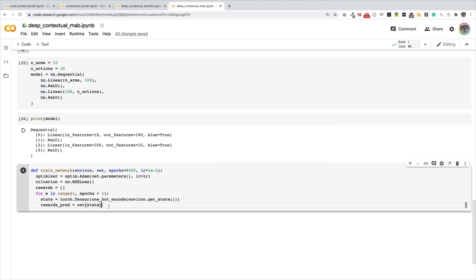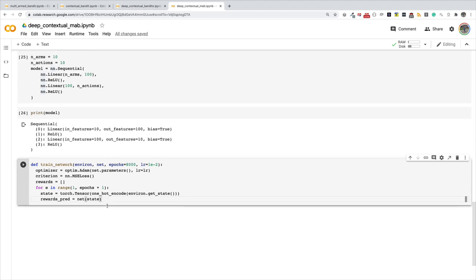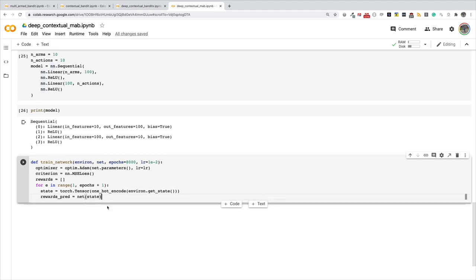And so the question is, how do we correct the neural network? Because these are randomly initialized neural network parameters, the neural network's predictions or estimations of the expected rewards are also going to be random. So how do we teach the neural network to make adjustments to its weights or parameters, so that the next time it sees a context that is similar to the state we are passing in, it is going to make the perfect prediction? Okay, the way you do that is, first of all, let's convert the